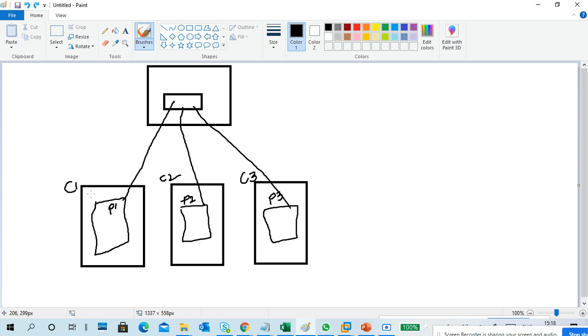The first person, sitting at C1, user one, created a file called P1. Then he uploaded P1 into the central system. The second person uploaded P2, and the third person uploaded the P3 file to the central PC.